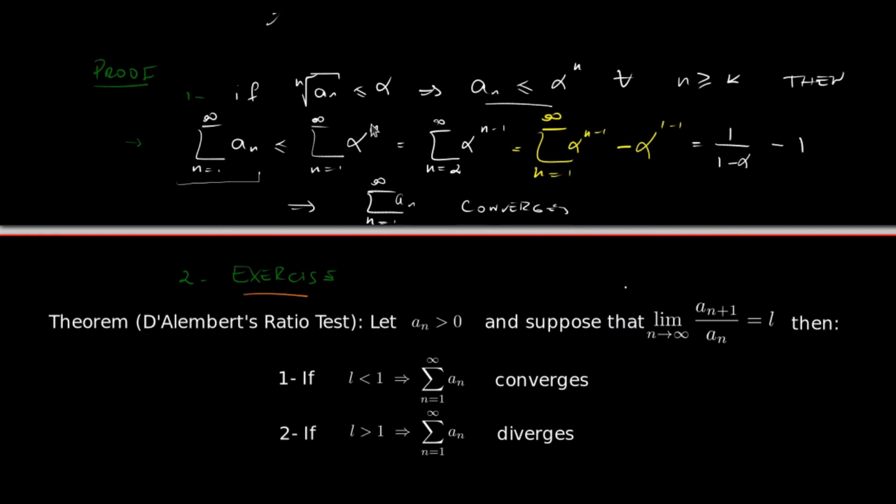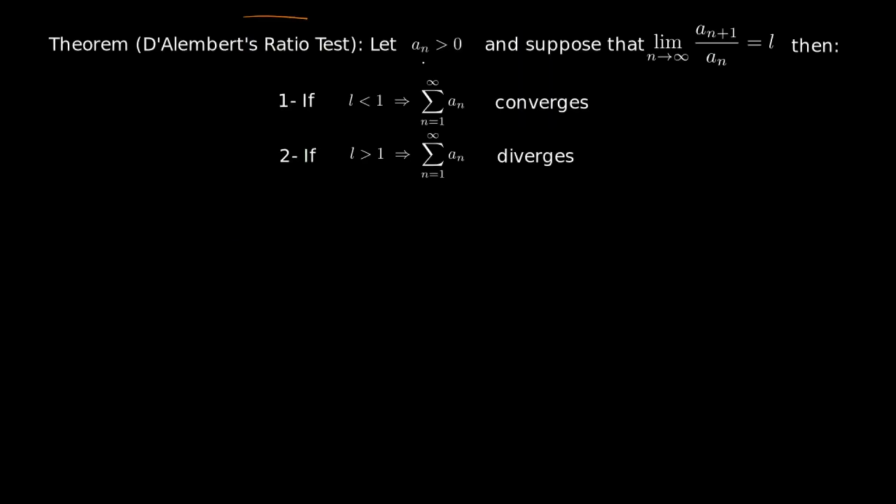And now we can continue with this other theorem. We have a sequence that's greater than 0, and the limit of dividing one term by the previous term gives us this number L. And so we have two things, that if L is smaller than 1, our series will converge, and if it's greater than 1, our series will diverge. Something to notice is we know nothing about L equal to 1, and we'll see later that when this happens, we might have sometimes that our series will converge and some other cases where the series will diverge. Let's go on with the proof